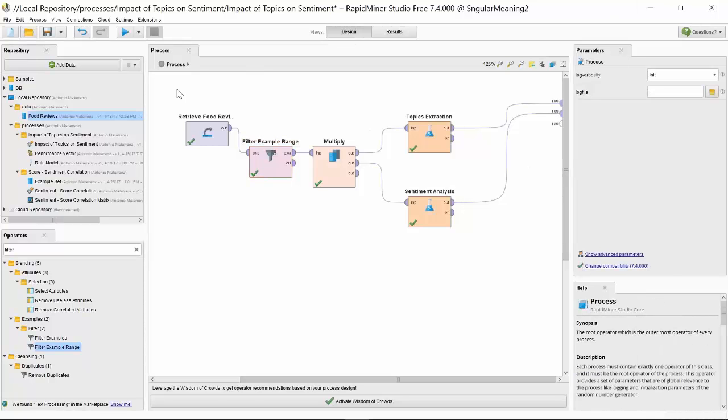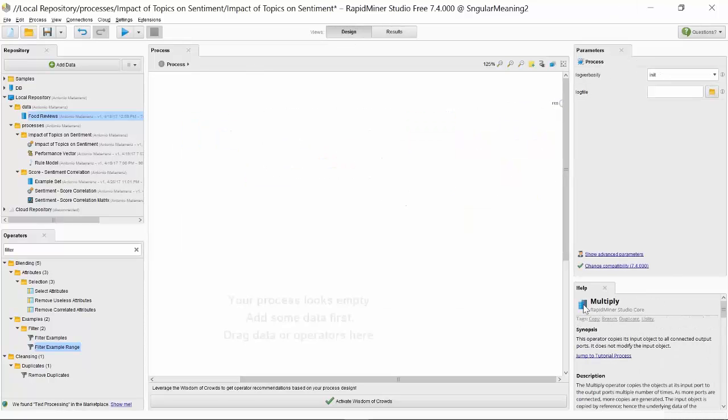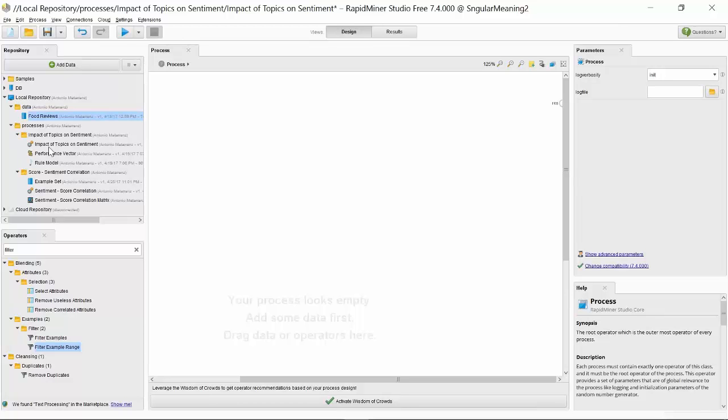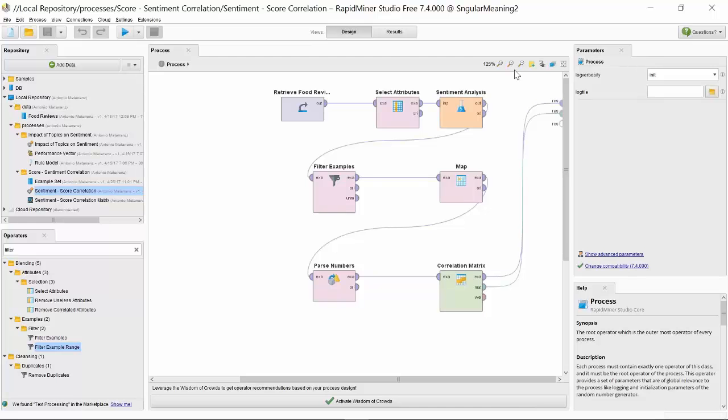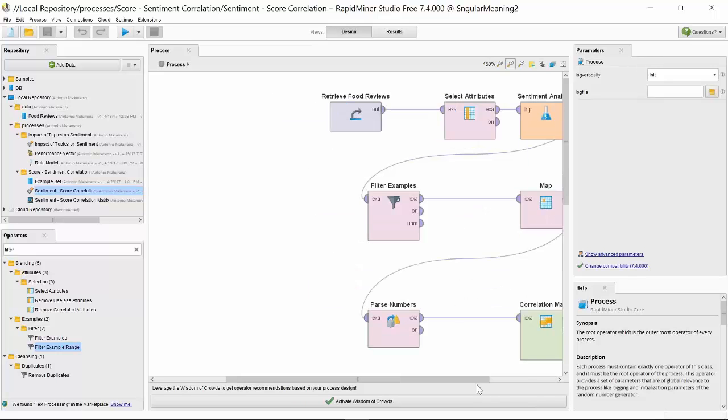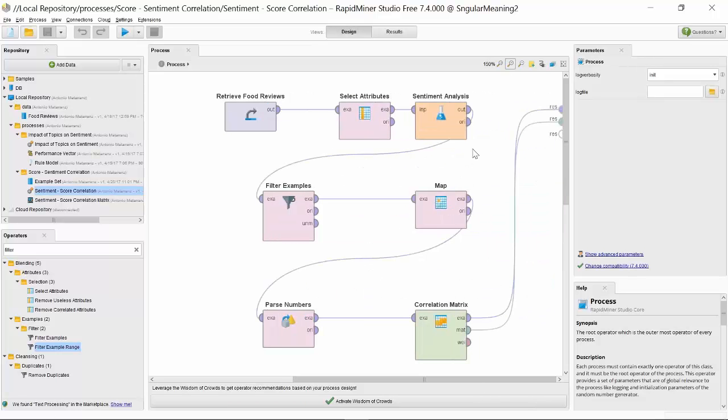I'm going to, again, clean my canvas. And I have prepared the workflow, which is this one. Okay, hopefully you can see it well. Essentially, what this workflow does: first we retrieve our data.